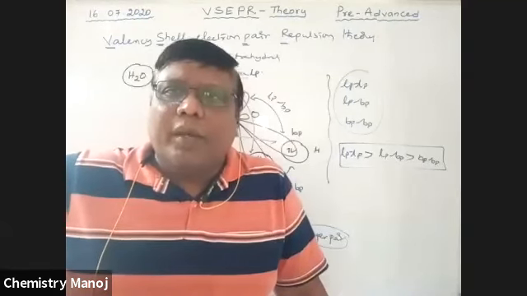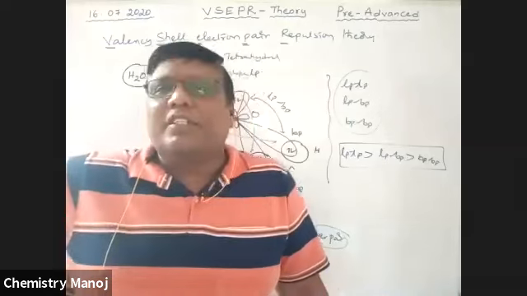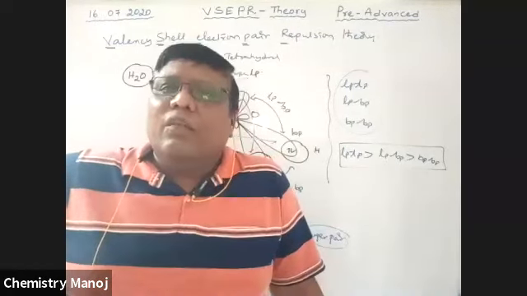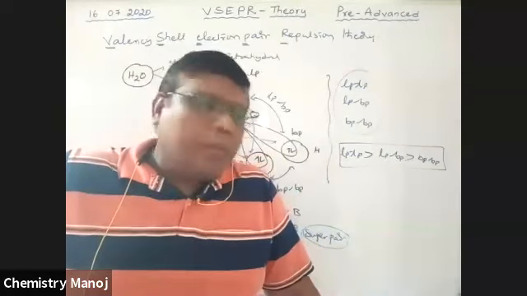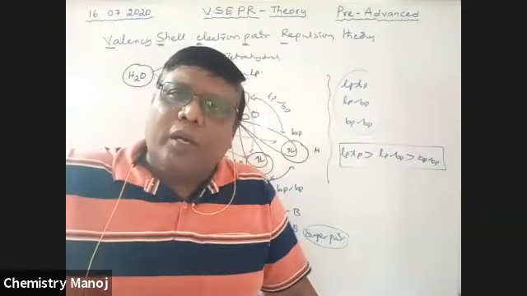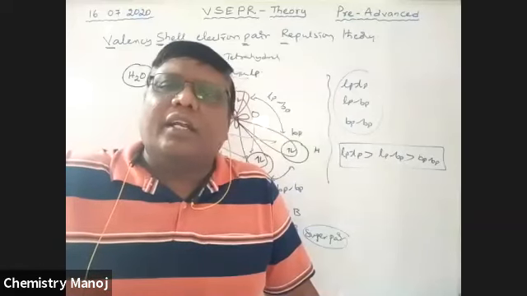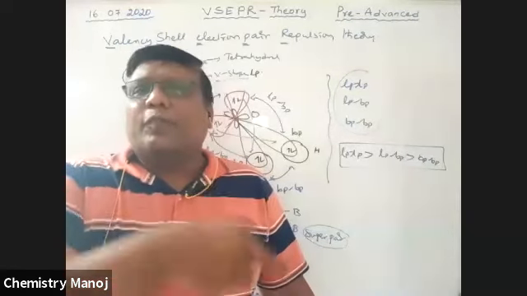Here lone pair, bond pair repulsions, different types of repulsions are considered. Now finally, what is the order of types of repulsions? Lone pair repulsions are greater than lone pair-bond pair repulsions, which are greater than bond pair repulsions. So these are the repulsion cases. By taking all these postulates,